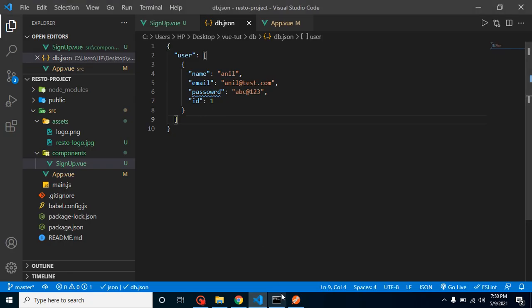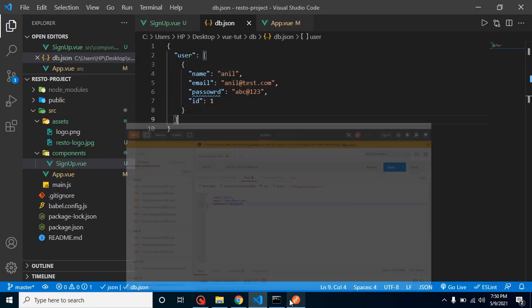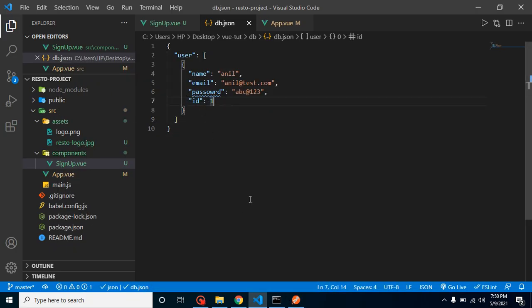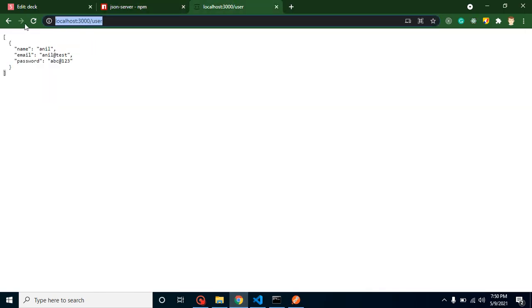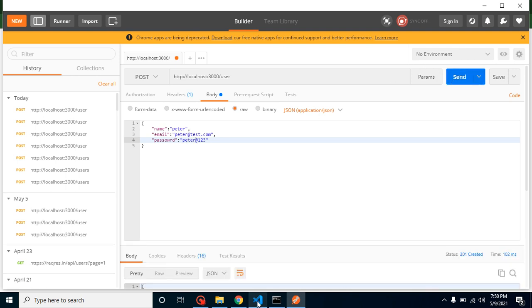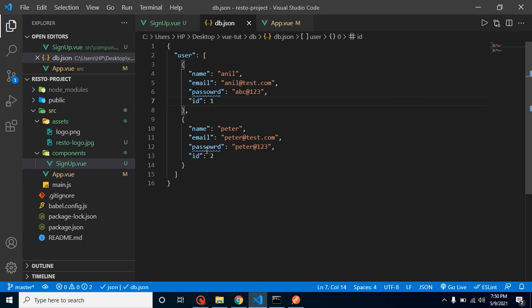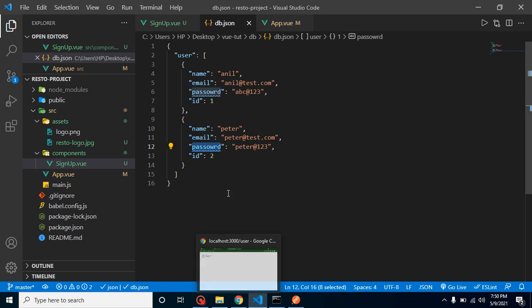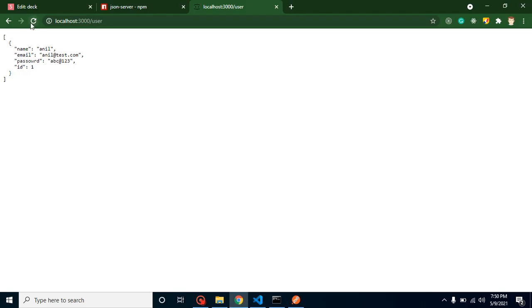And whenever you use Postman and front end, it will create an ID automatically. So we can check it here also, whether this is working fine or not. Working fine. So let's try to save one more result. Let's say with the name Peter, email ID is again Peter, password is, let's say, Peter@123, and again we have two results, and we made a spelling mistake with the password, but that's okay, this is a dummy API. In the next API we will make it correct, right?